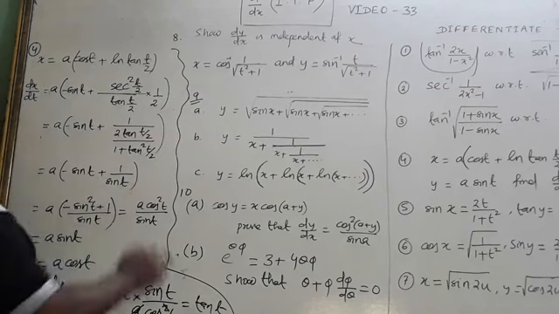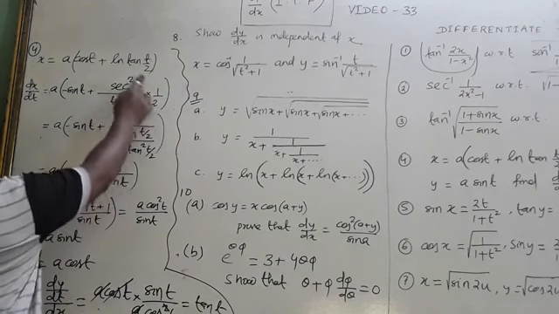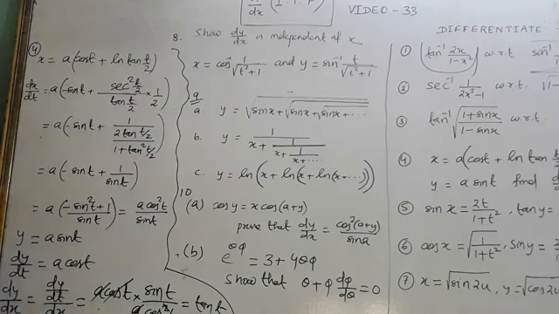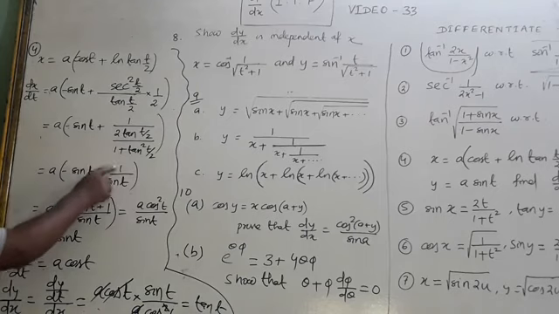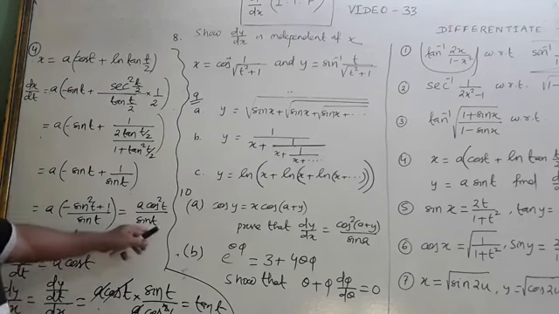Now it becomes what? 2 tan t by 2, and take this sec square t by 2 to the denominator and convert to tan, that is 1 plus tan square t by 2, and it becomes minus sin t plus, this is the formula of sin t, it becomes 1 by sin t. Take LCM sin t, it is minus sin square t plus 1, or 1 minus sin square t, and you know 1 minus sin square t is what? Cos square t. a cos square t by sin t.